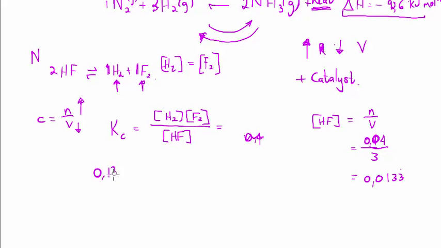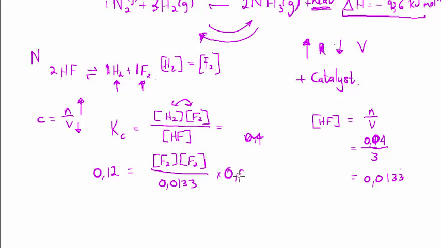I think so. 0,12 is equal to. So these 2 values are the same. So I could, instead of hydrogen, since I don't know hydrogen, I can say, well, it's also equal to fluorine. And fluorine is equal to itself divided by the concentration that we worked out here of